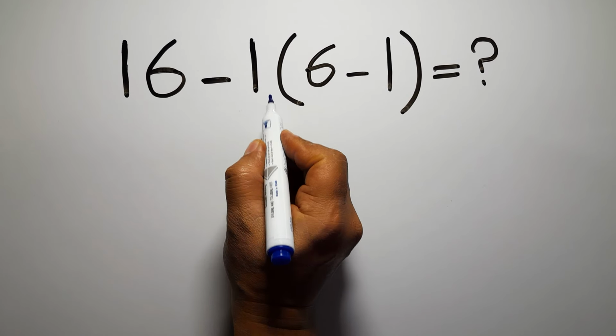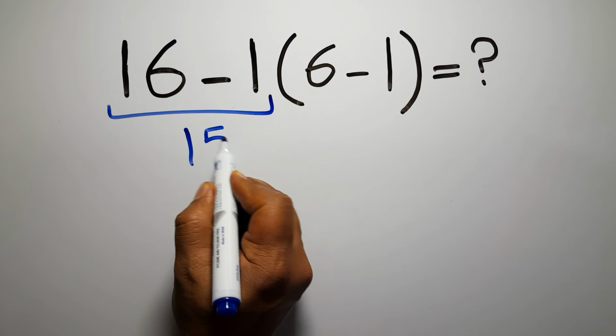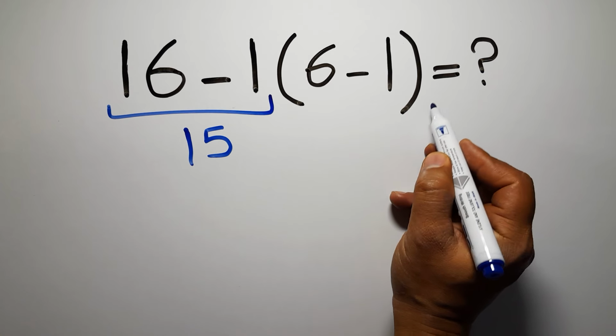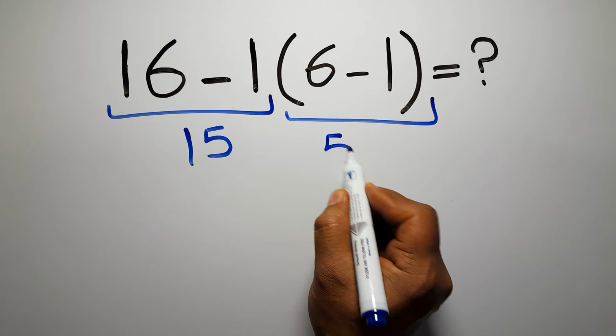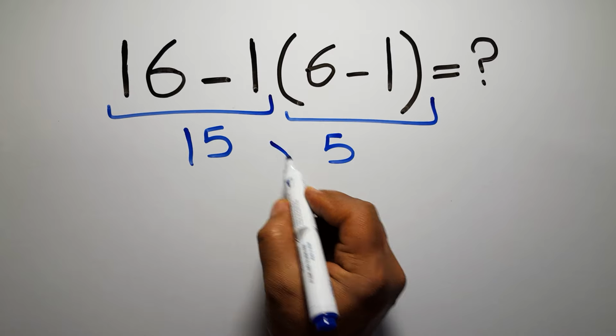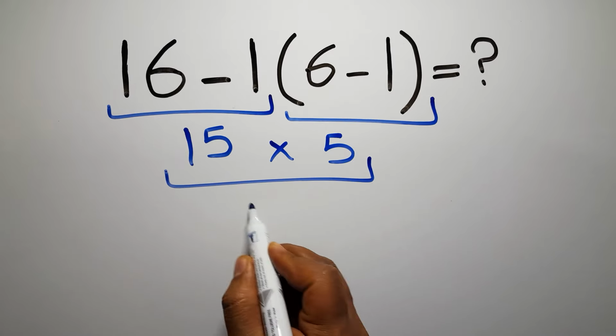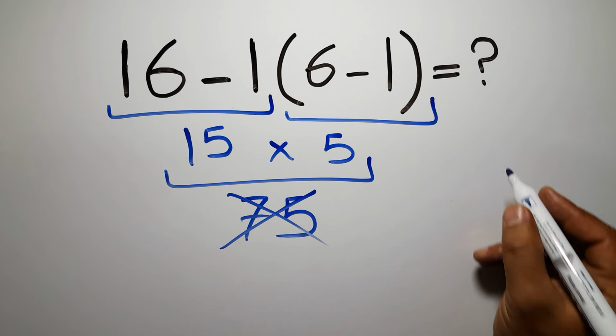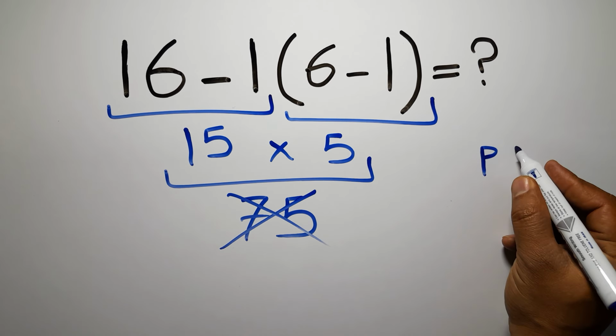16 minus 1 gives us 15. And here inside this parenthesis we have 6 minus 1, which gives us 5. So 15 times 5 gives us 75. But this answer is not correct, because according to the order of operations, first we have to do parentheses, then